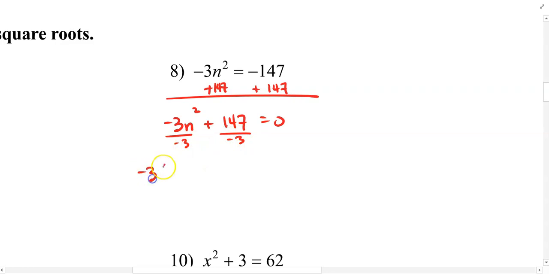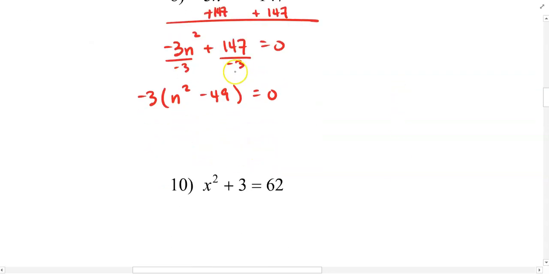So I'm going to factor that negative 3 out. And I'm going to be left with n squared minus 49 equals 0. And since this is a trinomial of sorts with the term missing in the middle, we can pretend that there's a plus 0n minus 49 if it helps us see this a little bit better. We might recognize that the factors for this expression would be n plus 7 and n minus 7, because 7 times negative 7 equals negative 49, and 7 plus negative 7, or 7 take away 7, is also equal to 0. So our factors are